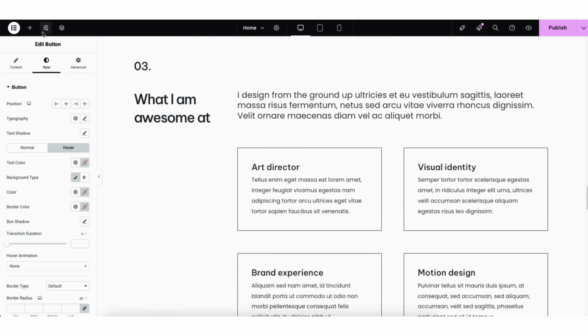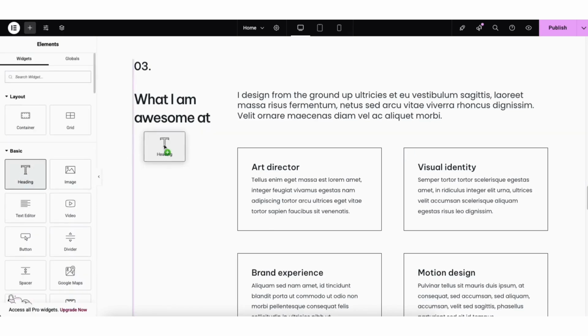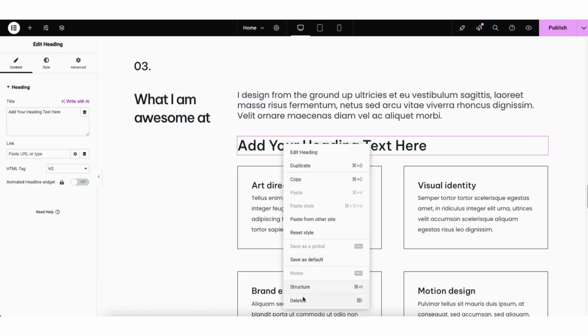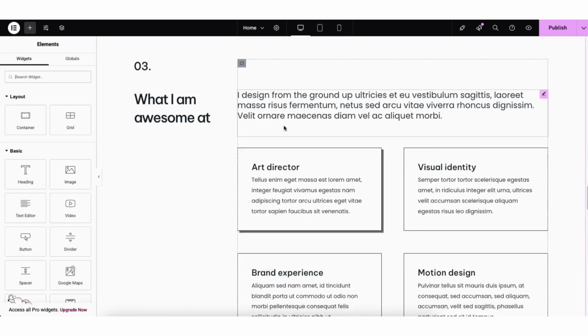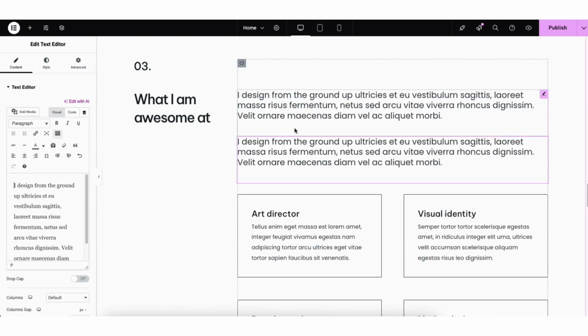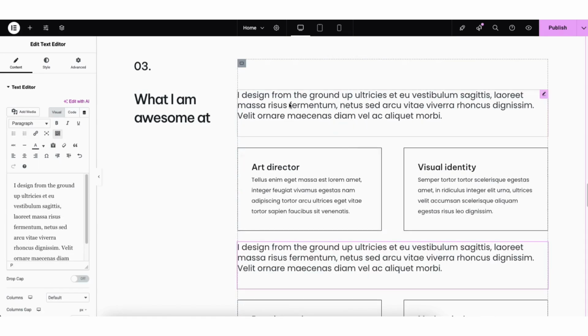If you click the plus icon at the top where it says add element, this is where you can get back to where you can drag stuff into the page. You can select what you want over on the left and drag it in wherever you'd like it. If you right click on an area, you can delete it if you don't want it. By right clicking, you can duplicate something if you need to duplicate it. You can drag something over to somewhere else on the page by selecting it and dragging it over to where you want it. I'll drag a text into the page.